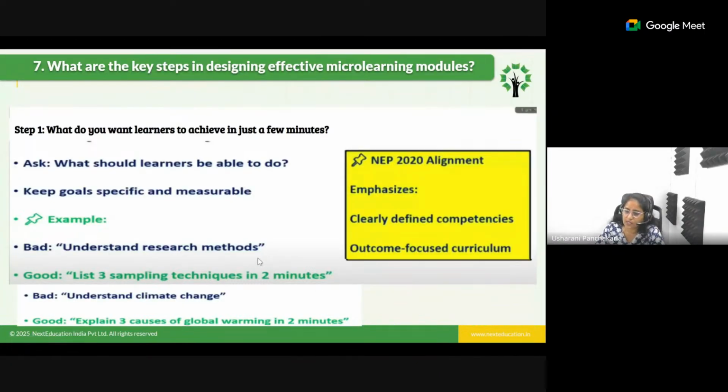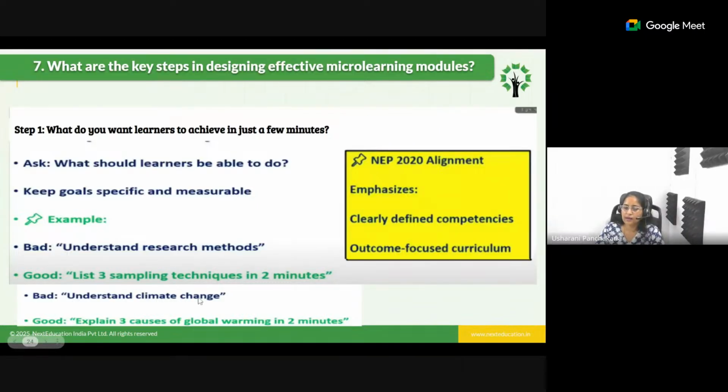If you want to give research methods, you can say state the different research methods, or describe. If you want to describe them in detail, just describe the different research methods. And even then, with the learning objective I have set, it is not giving a clear idea of what I am going to describe. The features and characteristics are also required. Then only can I say your learning objective is complete. If not, it is incomplete, it is vague.